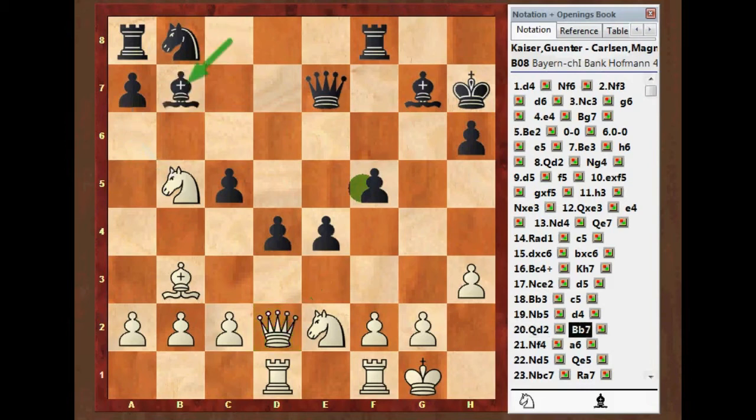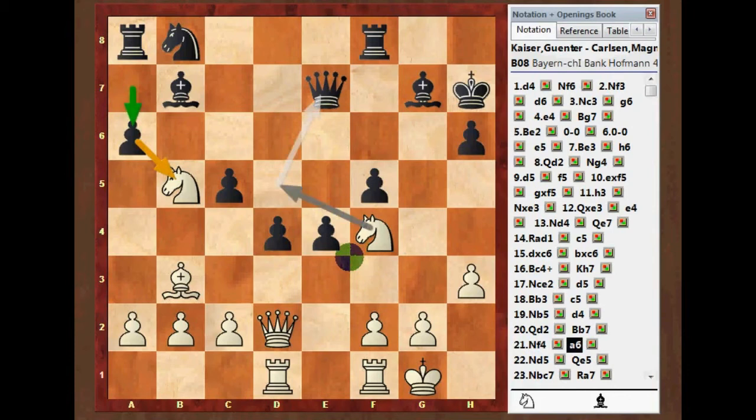Now Carlsen develops his bishop into the diagonal, controlling all of the diagonal, and now Guenter finally finds time to move his knight up to f4 square, and now Carlsen kicks the knight in b5 square with the pawn push from a7 to a6, and strange decision by Guenter. He likes to ignore it and attacks the queen instead by moving the knight into d5